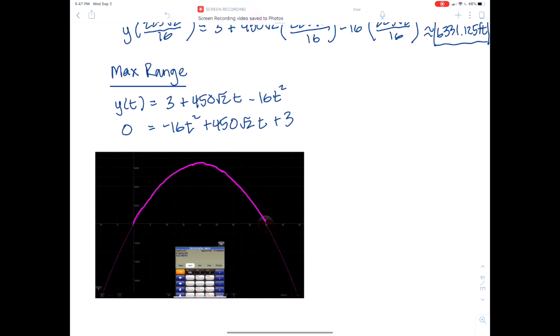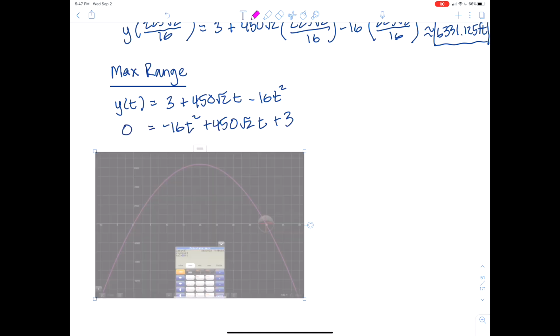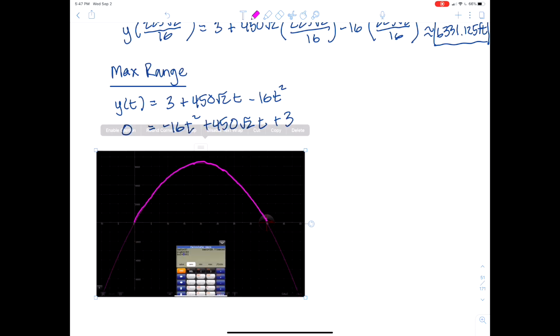But we wanted to know when y at t was equal to 0. We found out the time that happens. The time that it happened was at approximately t is